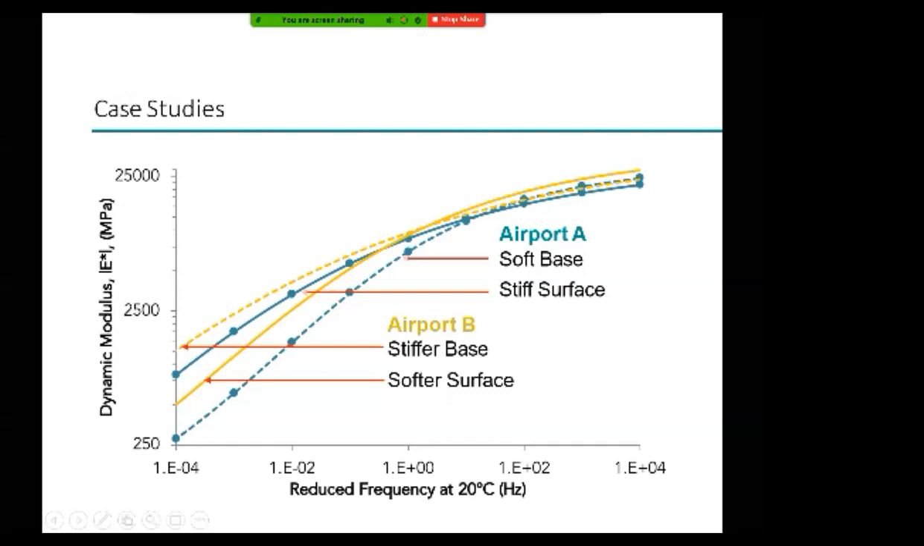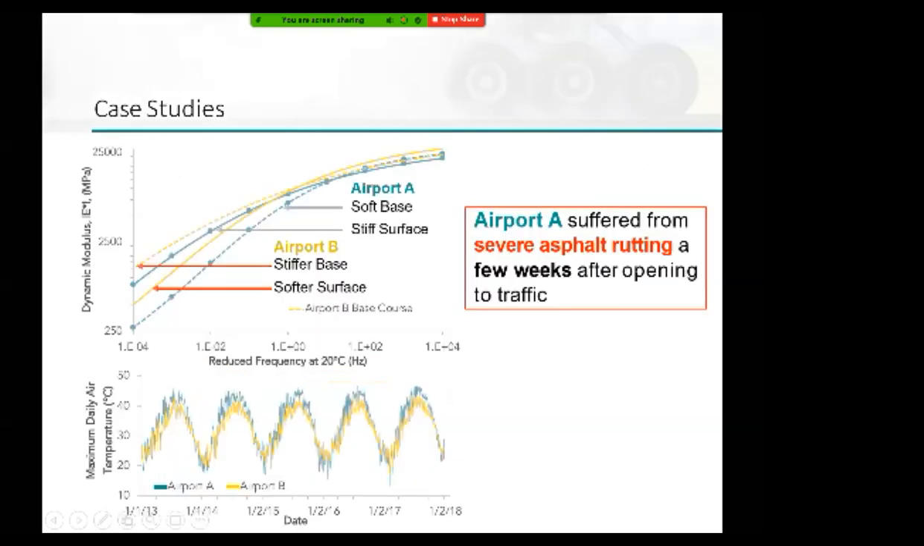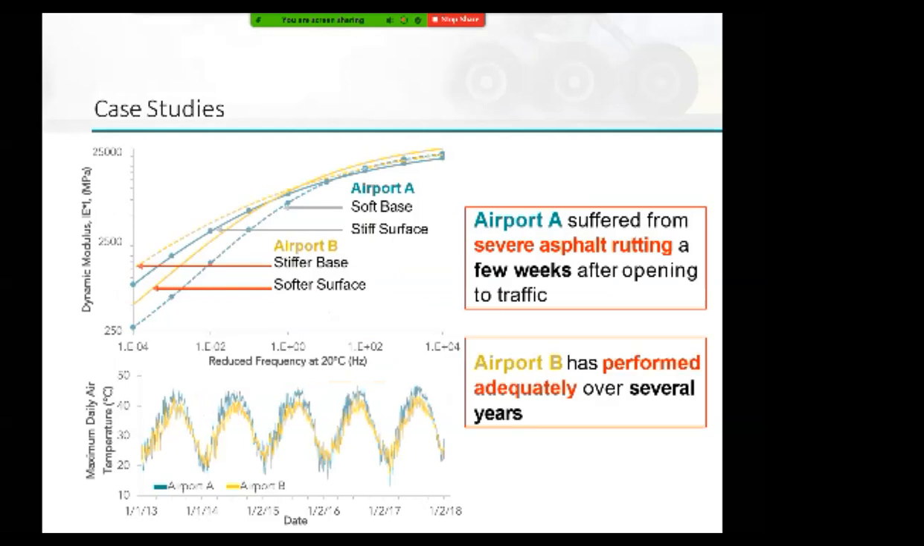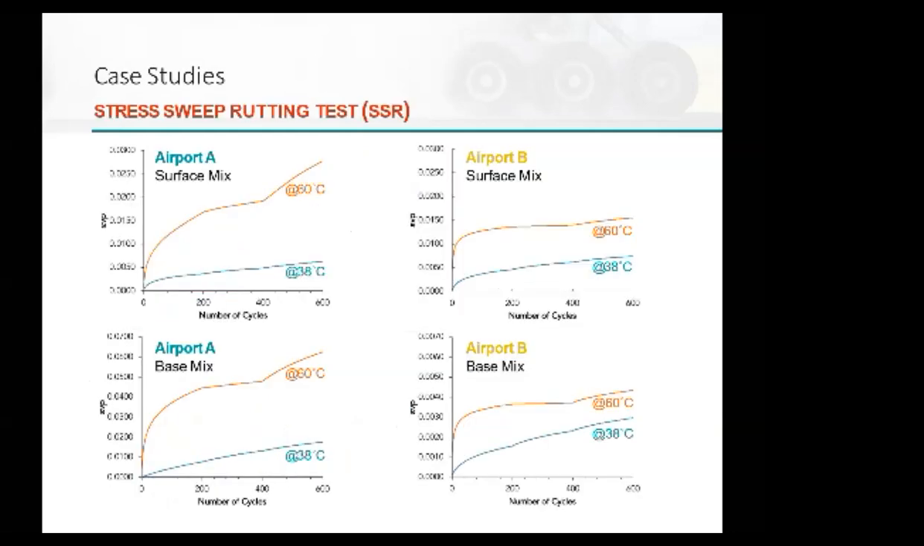And let's see what it's gonna do compared to the other airports. Airport A suffered from severe asphalt rutting a few weeks after opening for traffic, whereas airport B has performed adequately with no rutting over several years. Huge difference. If I look at the viscoplastic strains produced, just look at this. Look at airport B, the base mix, the base layer. It rutted at 60 degrees C by